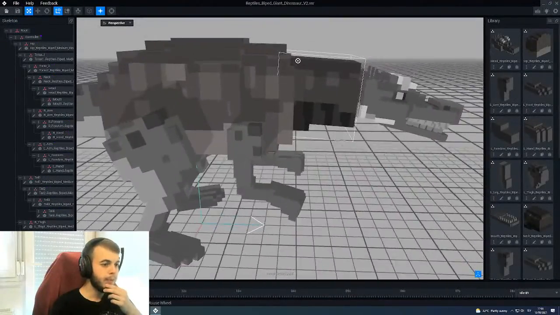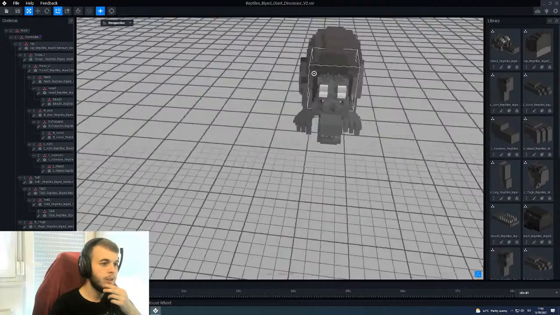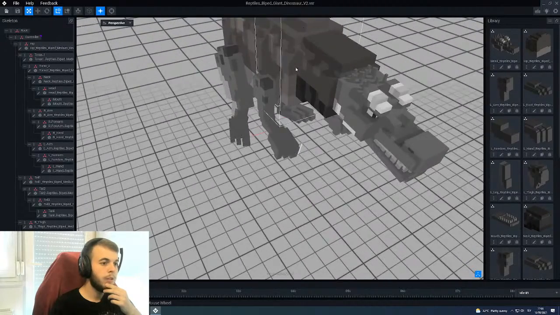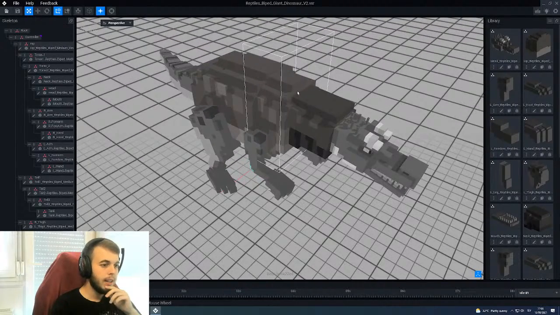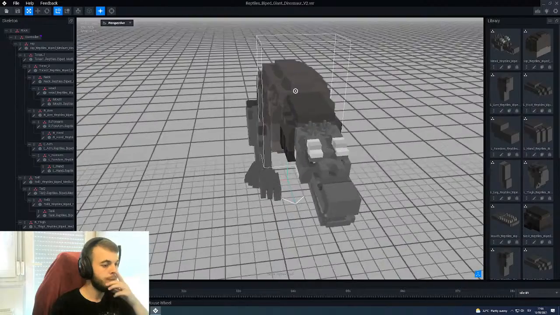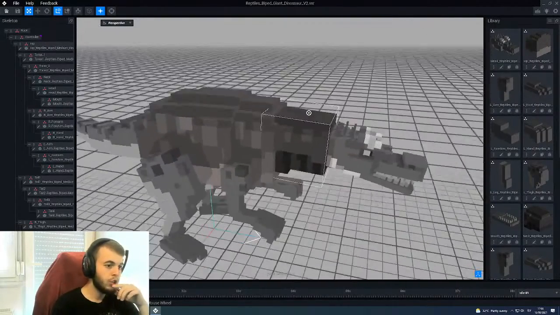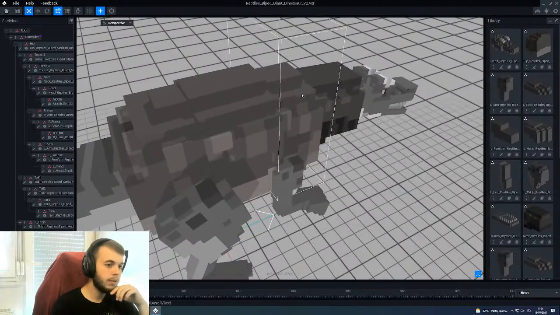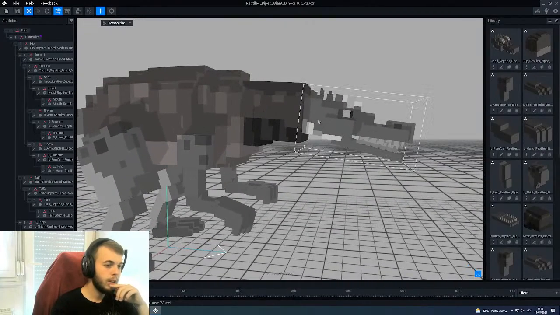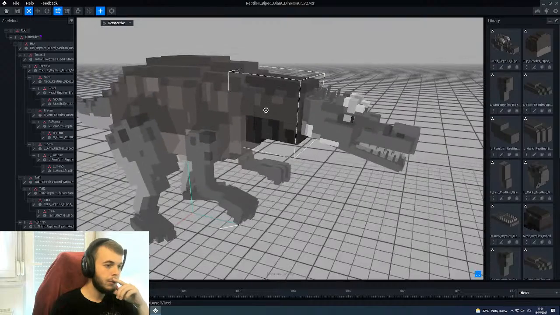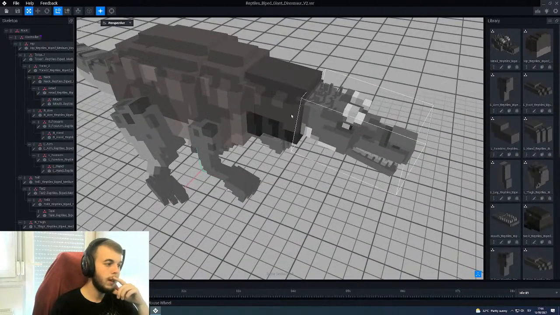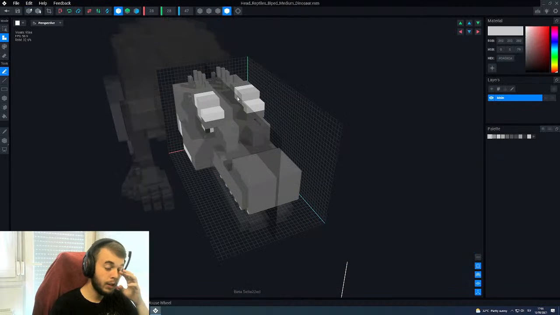So you can see it's not really too big of a problem, it just looks a little bit chunky compared to that. And then I think we would also need to remodel the head a little bit. Well, the head would need to be changed a bit more than the rest,